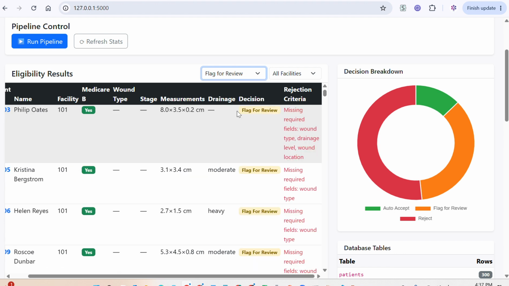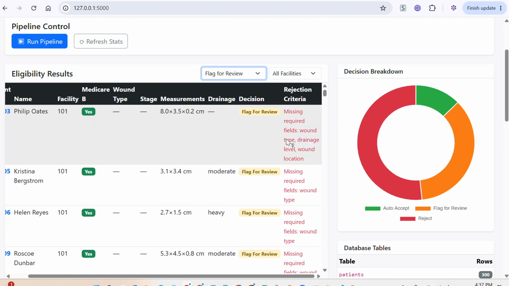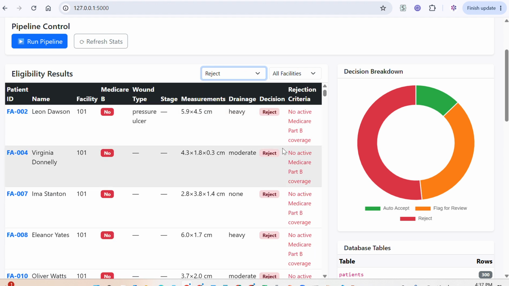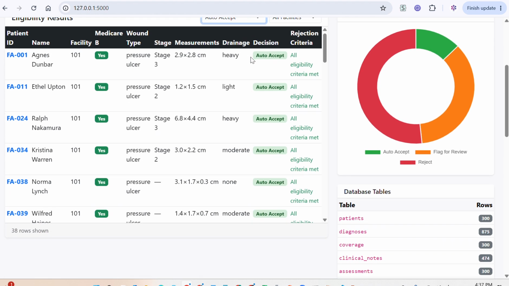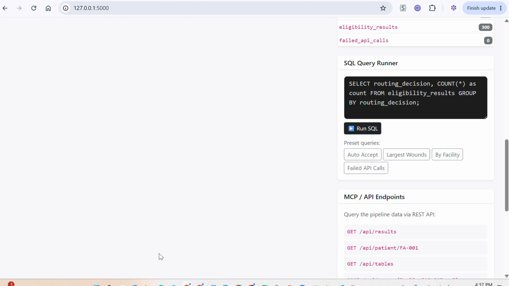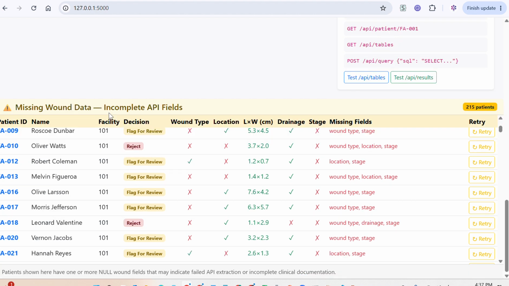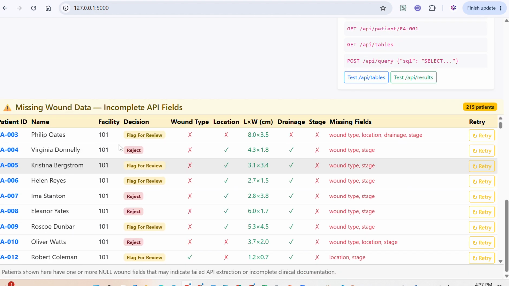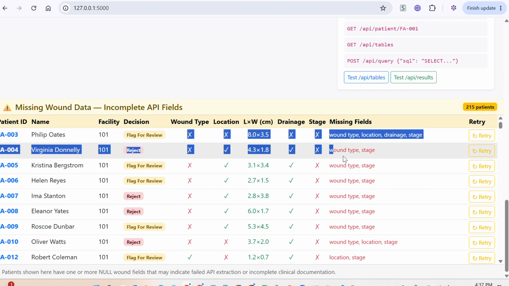When things are flagged for review, there's a rejection criteria or a rejection explanation that we put here, and when things are flat out rejected, there's also a rejection decision explanation there as well. You can also filter here by facilities. The records of patients that aren't included in the above are people who are missing a large majority of the data needed to make a sound